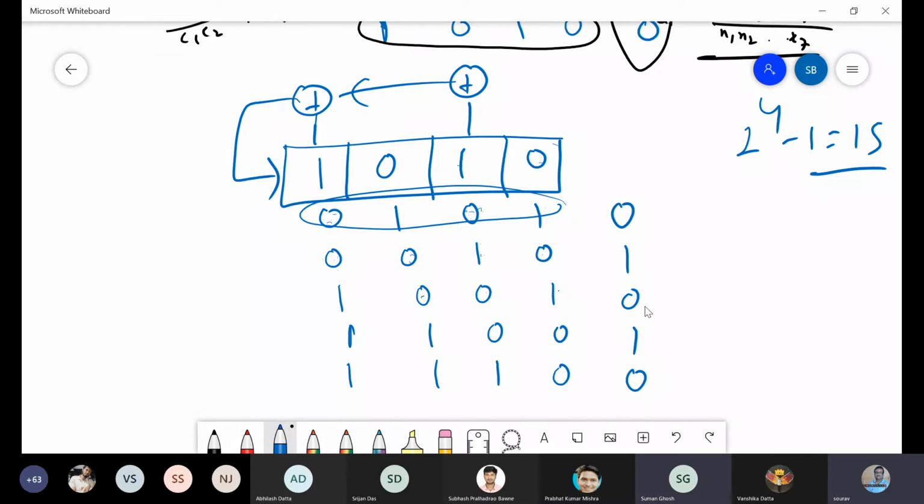No. We have connection only here. We are not taking the feedback of these 2 bits. We have only feedback of this. It is another example of LFSR. You can have these 2 bits, that will be another LFSR, depending on the connection. So I want to see which connection will give us the best one.